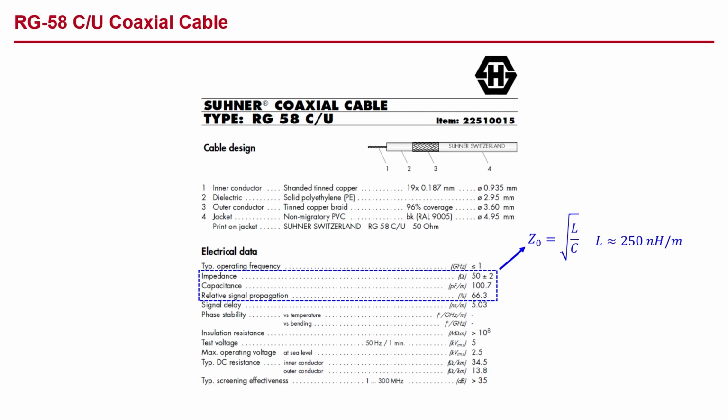It does not provide the dielectric constant, but it provides what it calls relative signal propagation. This is the speed of propagation as a fraction of the speed of light, u over c, given as 66.3%. From this, we can back out a dielectric constant of about 2.3, which is right in the typical range. Given this value for u over c, we can use our estimate for the wavelength in meters to be approximately 200 divided by the frequency in megahertz.